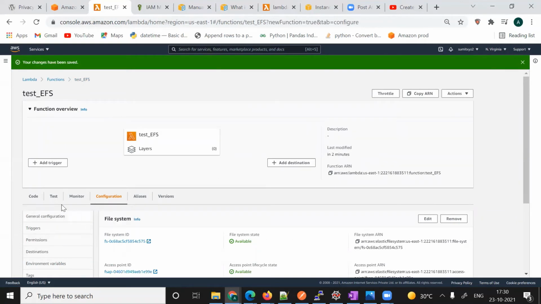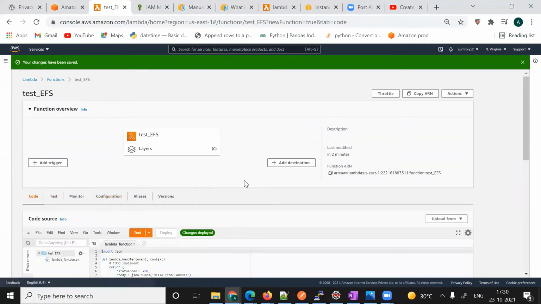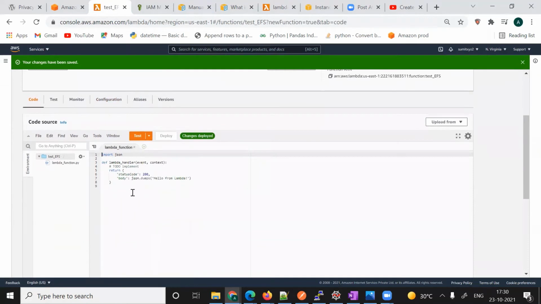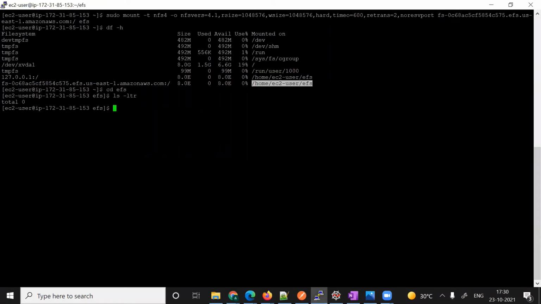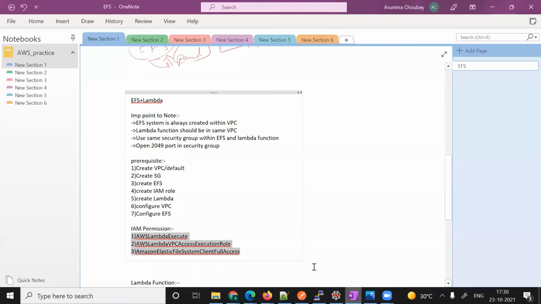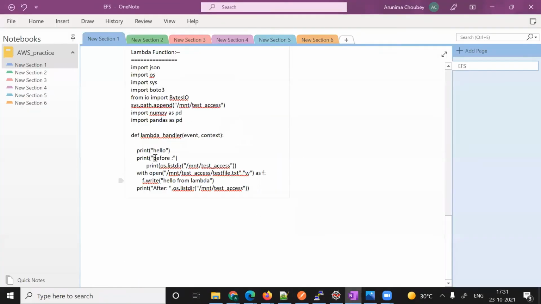Now we'll go to code, and first I will write the code, and through the code I will create a file inside this mounted file system. I have already written the code for that. It's very simple code. You just need to append the mount that we created.